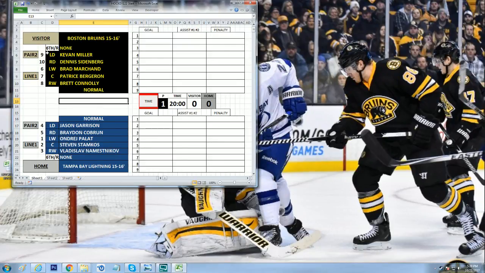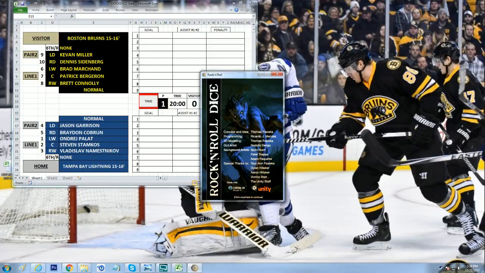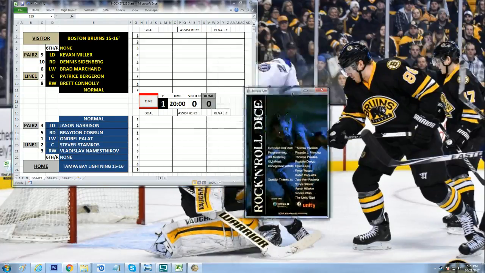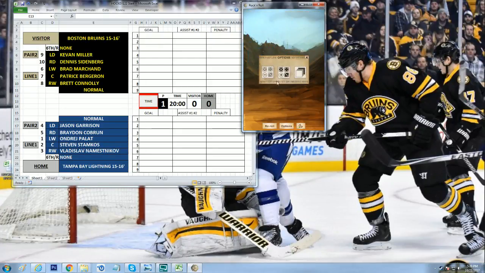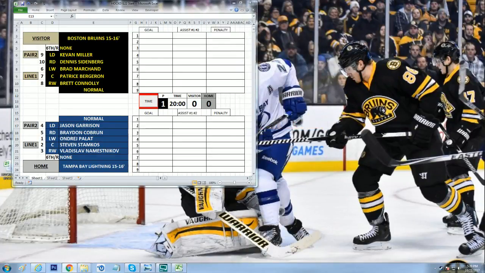What you see over here basically is my version of, if you were to use cards and dice, you could have all the cards out in front of you, right? And you don't need a spreadsheet to keep track of what players are on the ice, what players are not on the ice, which lineup you're using, and all that. But because I'm obviously using the computer to simulate the hockey game, I need something to show you guys what players are on the ice. Obviously, if you had the cards and dice, I did not mean to close that. I'm an idiot. If you had the cards and dice, you could lay all the cards out on the table,